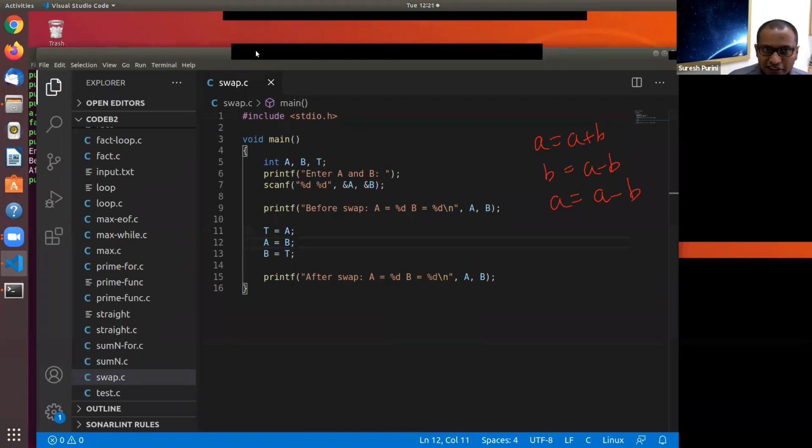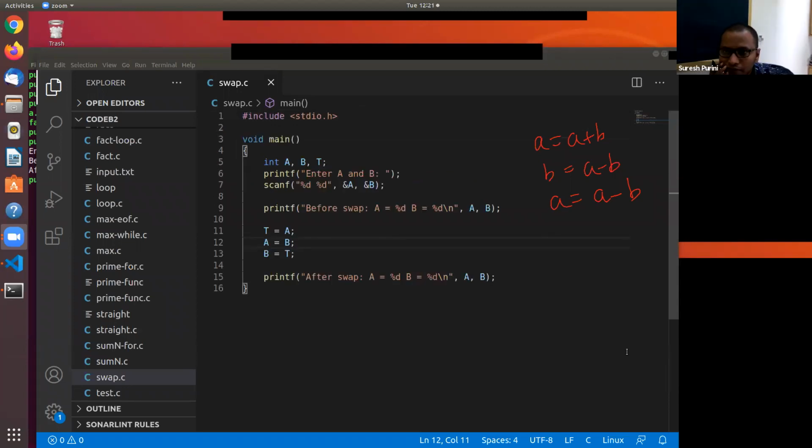I will not discuss this, but I want you guys to figure out whether this works or not. It works, sir?